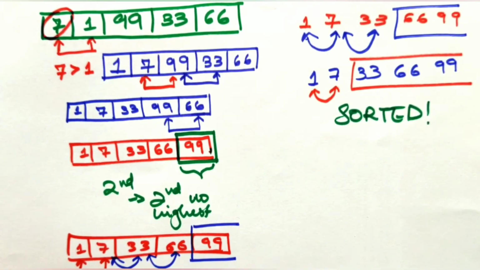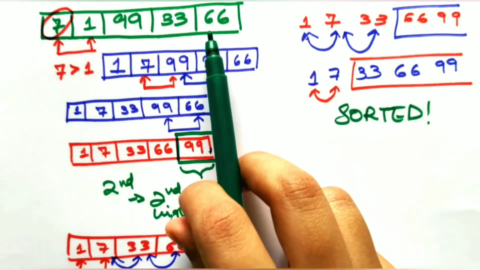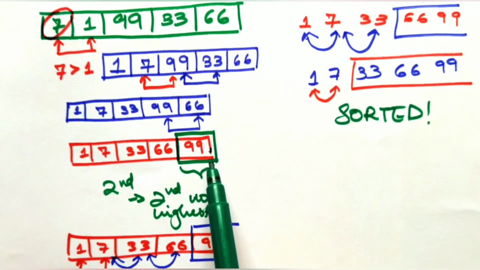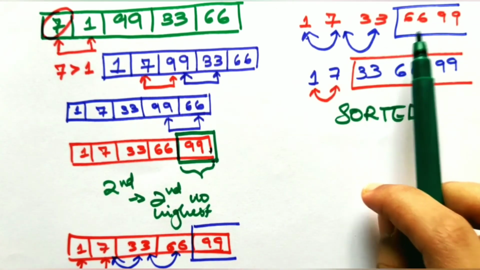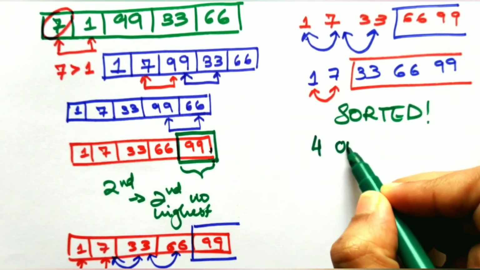And now let's see how many iterations we actually had to perform. You basically have two for loops here. You have the first iteration happening, then the second iteration, third and fourth. So we have 4 outer iterations in total.